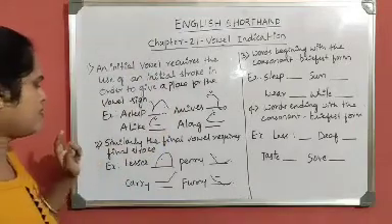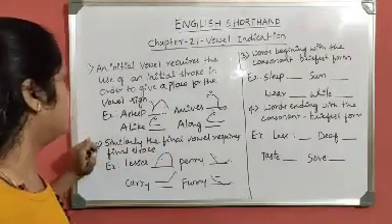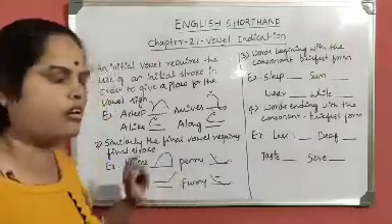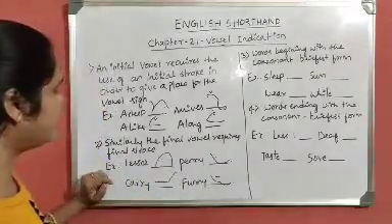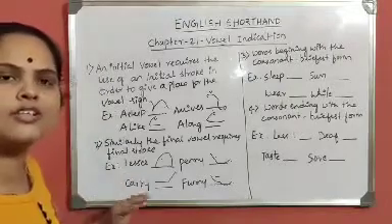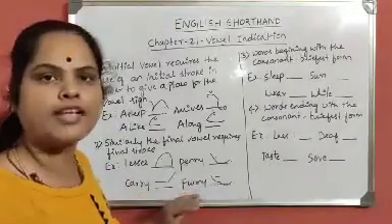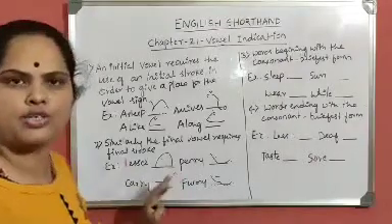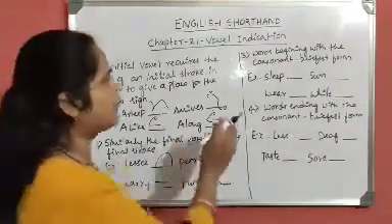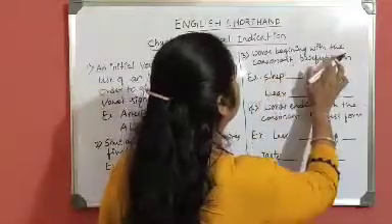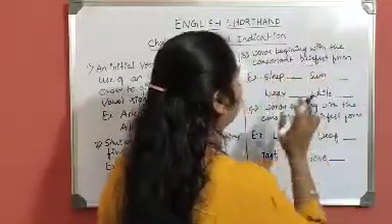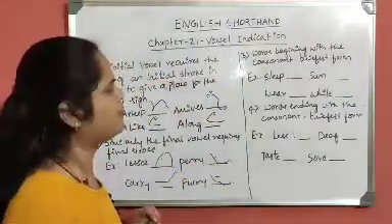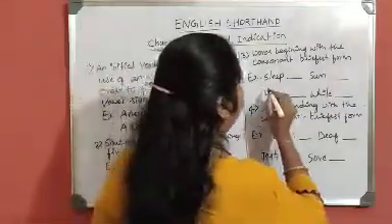See, when the final stroke is followed by an oval, we have to write the full form because here also we have to give place for an oval. To mark an oval, we need a final stroke. So the third point is words beginning with the consonant, we have to write that consonant in the briefest form. For example, sleep.